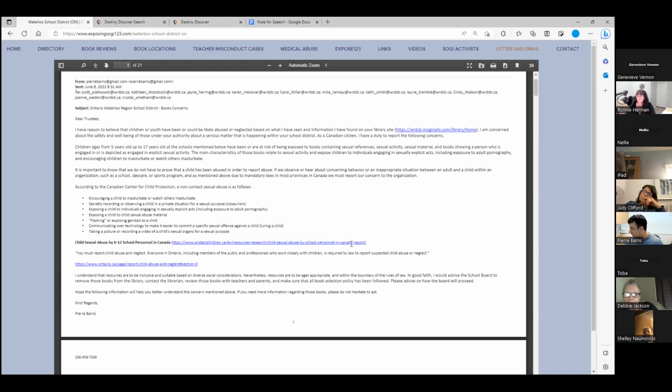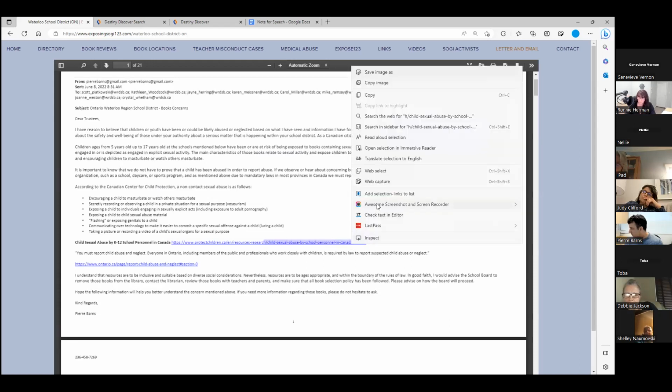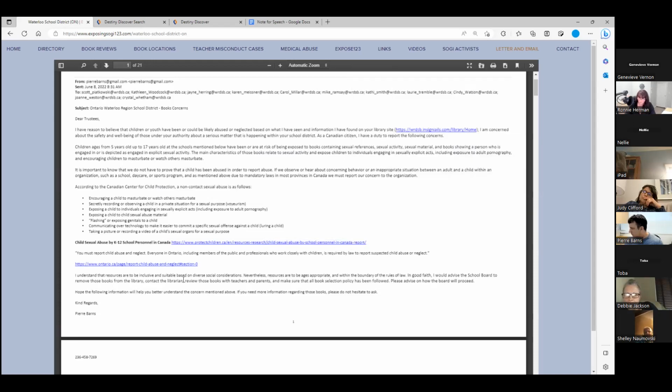So Pierre, if I may, why is it that some books are taken away, but not all? It depends on the people. It depends on the trustee. It's very complicated, you know that. It's case by case. In Waterloo, it may be harder to remove some books than it is in Abbotsford, because Abbotsford is a very religious city.